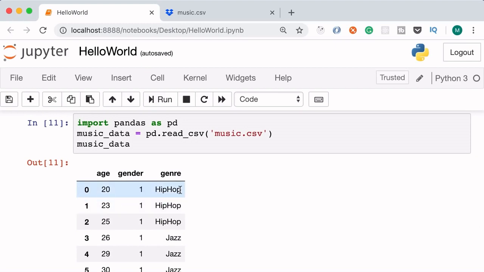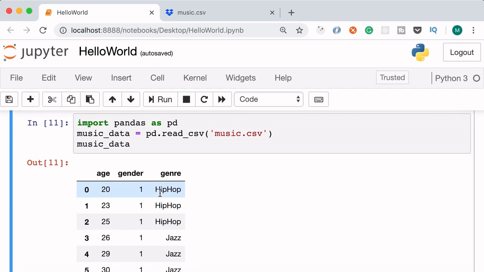We should split this data set into 2 separate data sets. One with the first 2 columns, which we refer to as the input set, and the other with the last column, which we refer to as the output set. So when we train a model we give it two separate data sets, the input set and the output set. The output set, which is in this case the genre column, contains the predictions. So we're telling our model that if we have a user who is 20 years old and is a male, they like hip hop. Once we train our model, then we give it a new input set.